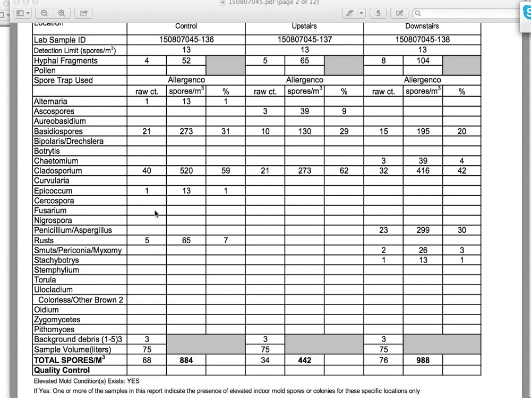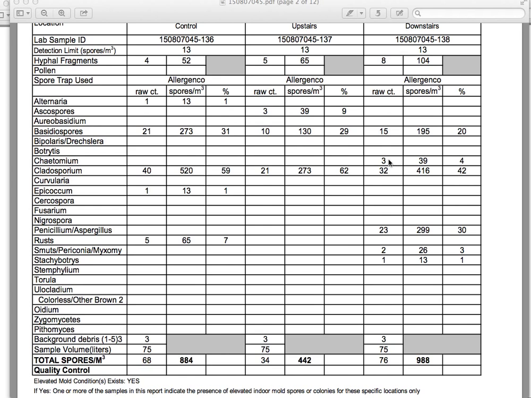So the Chaetomium is very similar to Stachybotrys. It's a thick black mold. Typically, when you see Chaetomium, you're going to find some Stachybotrys once you open up a wall or wherever it is. Now, the one thing that you need to know about the lab that we use, the SEML, is that for whatever reason, if you have a spore of Stachybotrys, it does change this to elevated mold conditions, yes. It understands that we do not accept Stachybotrys. However, it does not